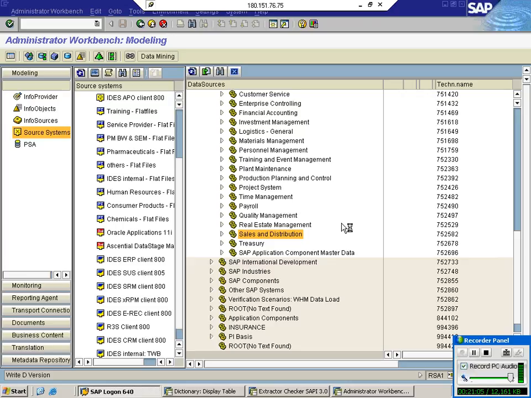So what is our next step? Assigning info source.